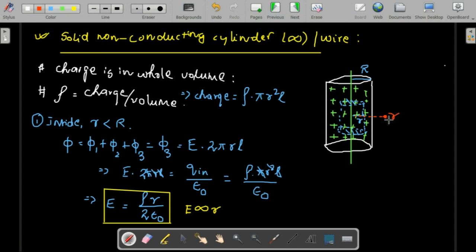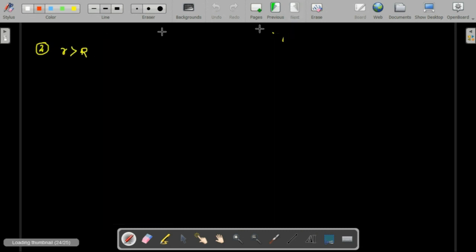Again we can actually draw it. Let's draw this symmetrical cylinder of length L. This length might not match with the inner cylinder, not necessary, we are just saying it's of length L. Now if we do the same thing again,